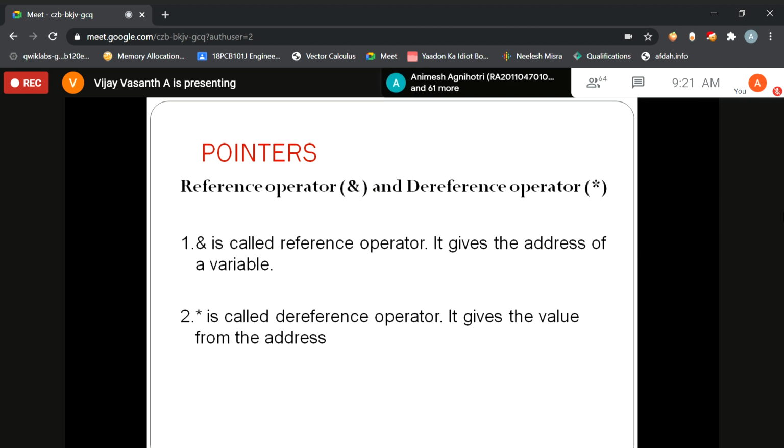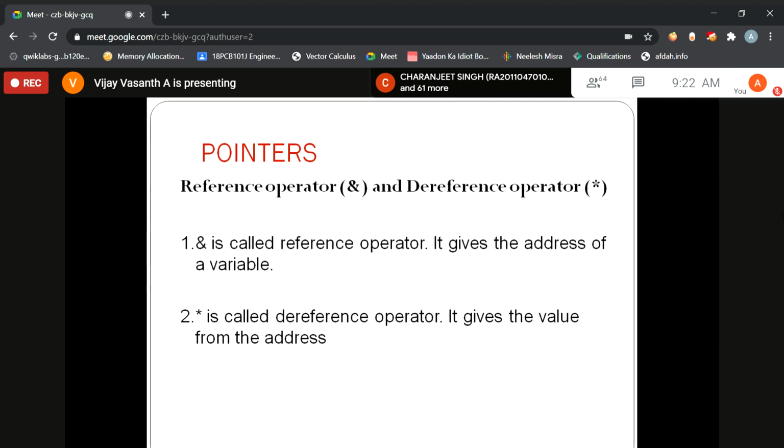Okay, then the next is the unary operator. What is meant by unary operator? The star is called a dereference operator. It gives the value from the address. What do you mean by dereference? See, a reference operator is referencing a memory location.